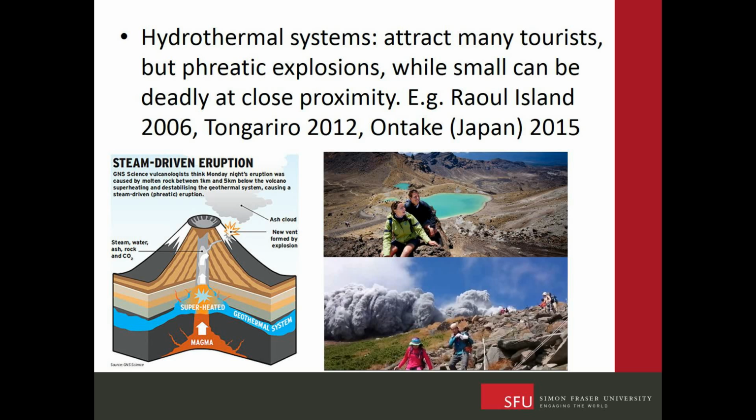There's a big hydrothermal system at Mount Tongariro, and these hydrothermal systems are quite spectacular. They make nice lakes, people like to go and walk there, but they can often result in really hazardous explosions, such as what happened in Japan at Mount Ontake a couple of years ago, and also at Mount Tongariro in 2012, which we'll talk about a little more. So knowing more about the extent of the hydrothermal system is important.